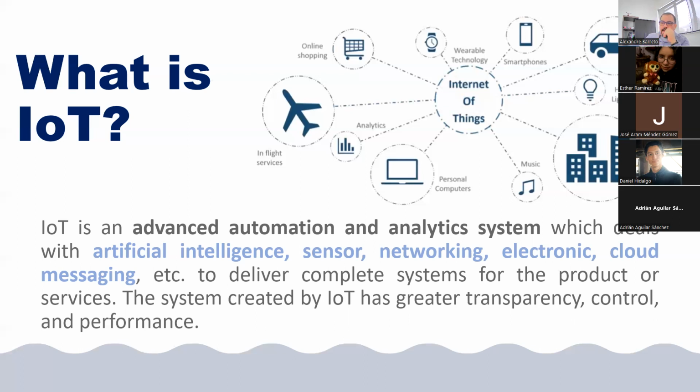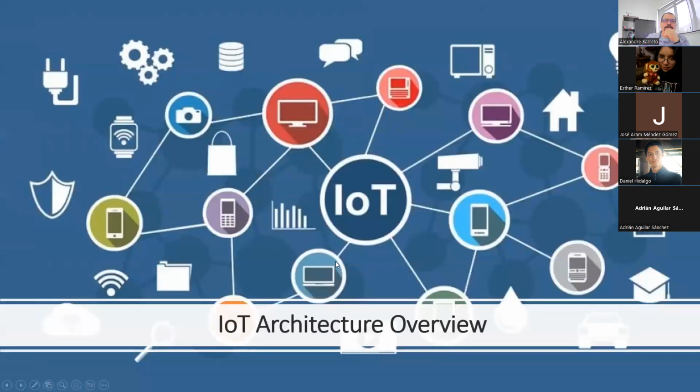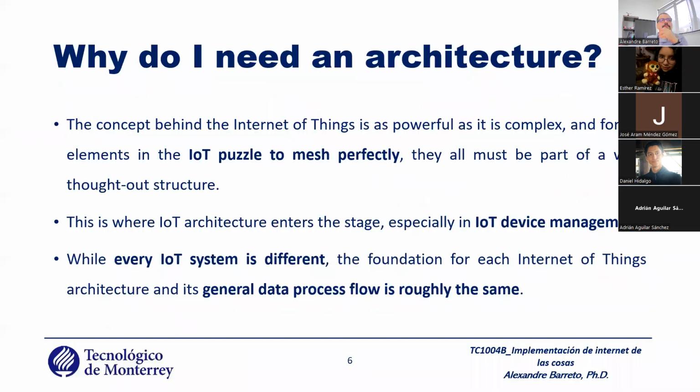And to understand a system like that, it's important to understand the architecture, the big picture, okay? What is architecture? When you think about architecture, you think about systems or complex systems. When you think about complex systems, you think about systems that are composed of systems. For example, just one example,